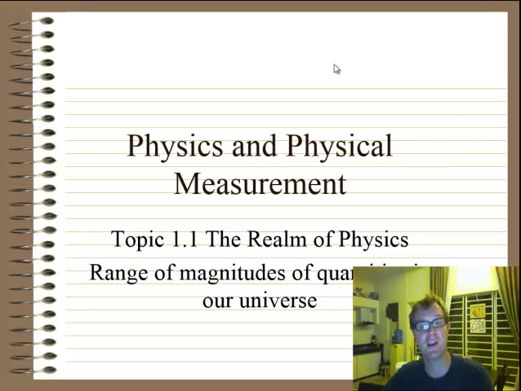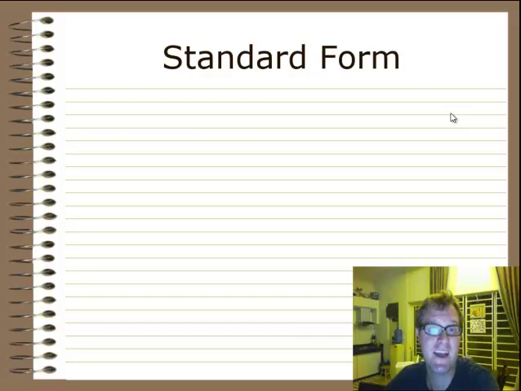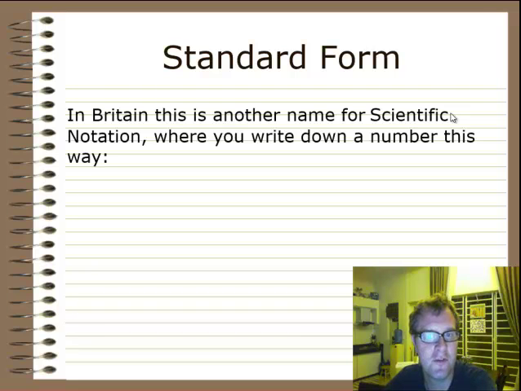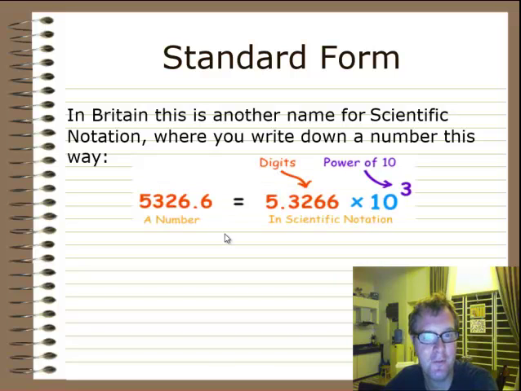To do that we may have to do a little bit of recapping. So let's first of all recap on how we can show very, very large numbers effectively. And we use standard form, or in Britain this will be known as scientific notation. Now, in this form, if I had a number, let's say